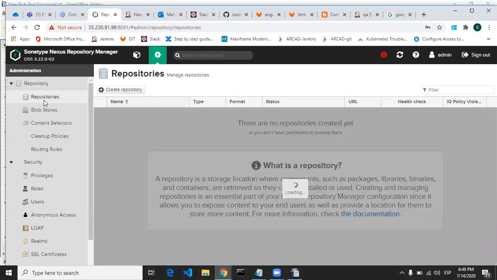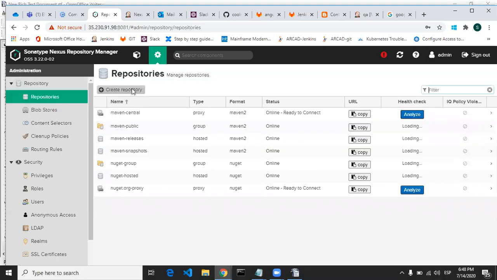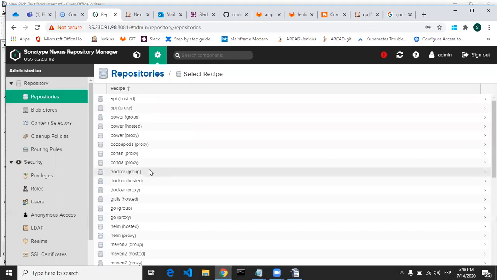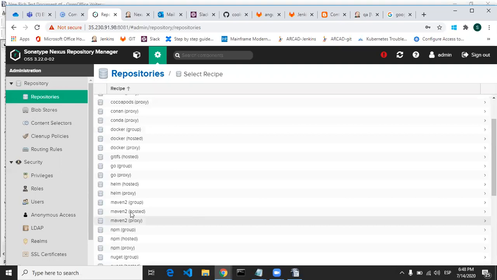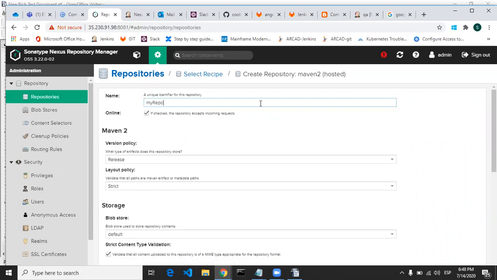Here you have to go in the settings and then repository, and here you have to create a repository. Okay, so we have to select Maven hosted. Once you select that, I am just going to say my repo. This is my repository.